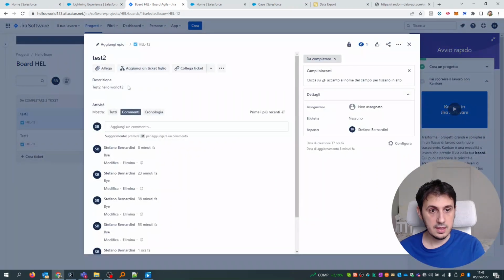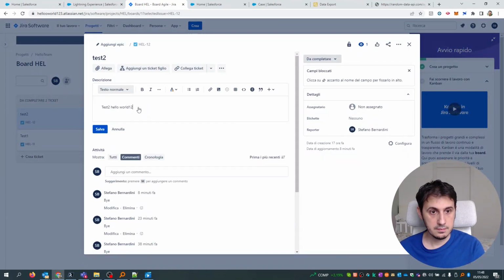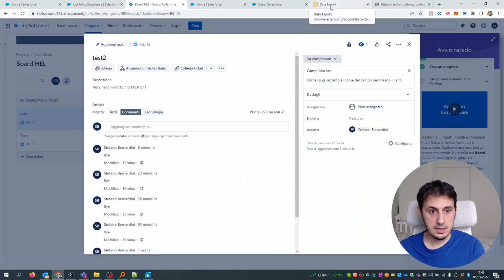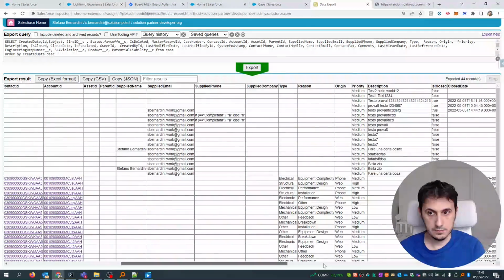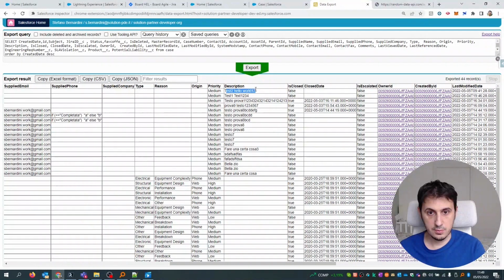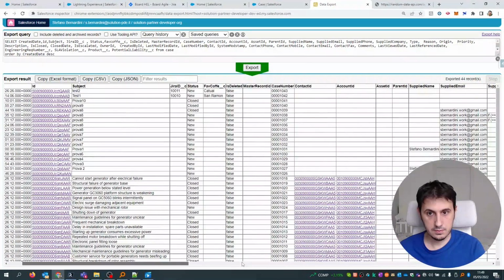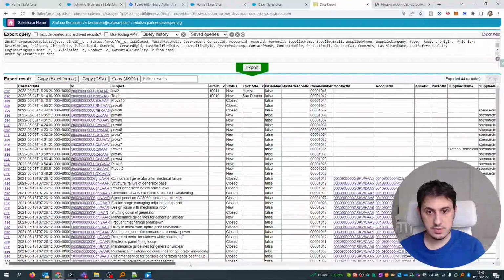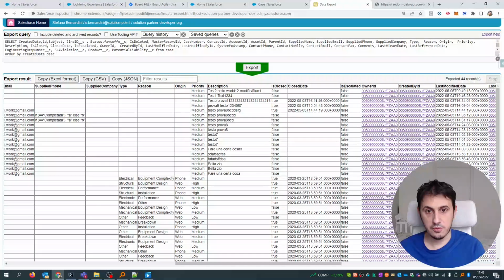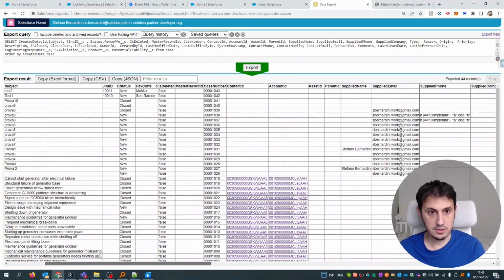Okay, I can add modification 1. Let's check if everything is okay. This one is the field I need to modify. Let's wait a couple of seconds. Okay, perfect. Modification 1. Perfect.